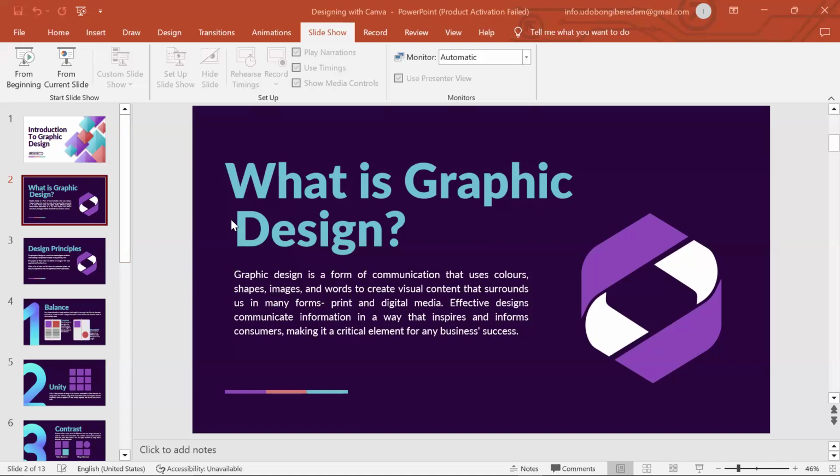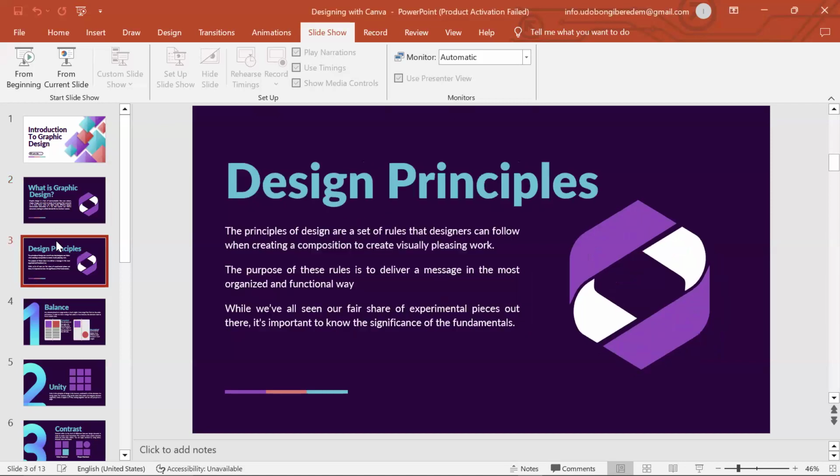So that is what graphic design is. It's just simply a form of communication that uses colors, shapes, and words to create visual content that surrounds us as humans in many forms by businesses. Now, what are design principles? Design principles are a set of rules,